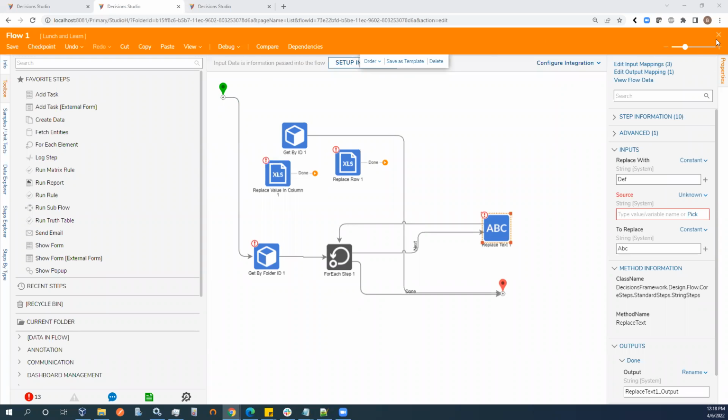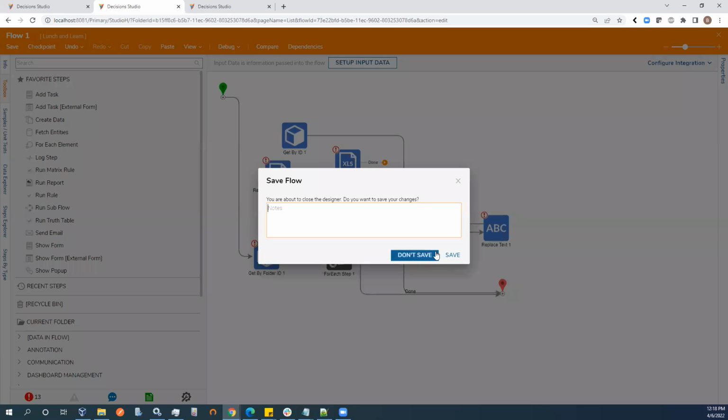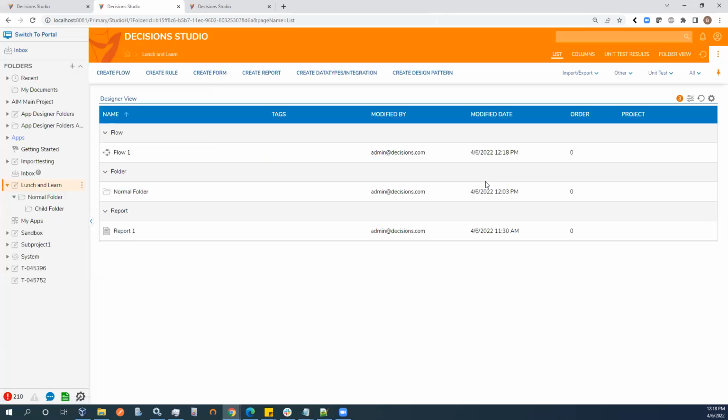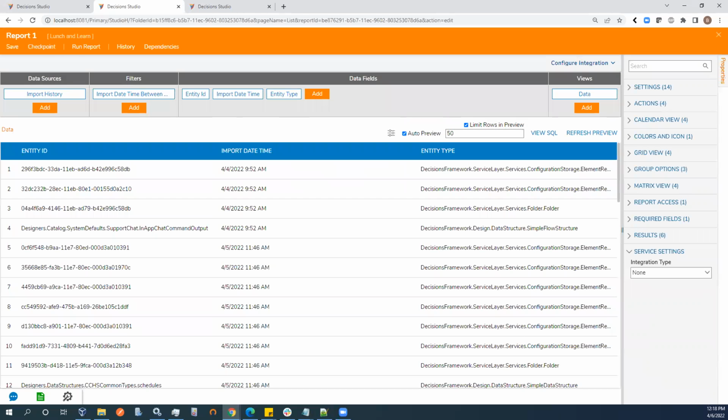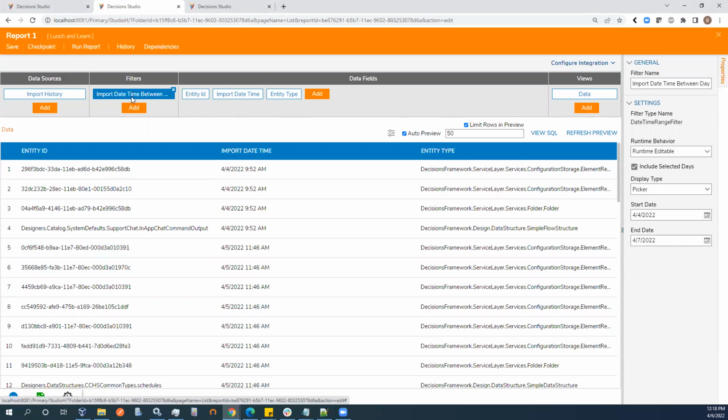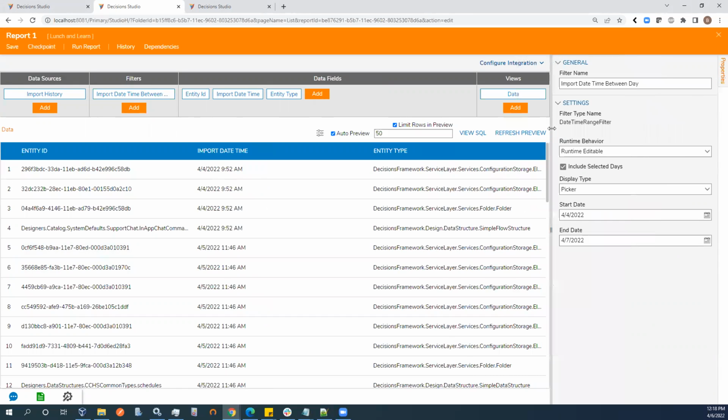Okay, I think I know what this one is. I took a look at this one earlier before lunch and learn because the request got in early, and I built this report out. Raul, if you're on the call, let me see. I am. Yep, I see. So essentially, I just built this report, and I used this date between rule filter here to do this. Let me know if this isn't what you're looking for, but essentially you can use this option, the runtime editable behavior, and include selected days from a